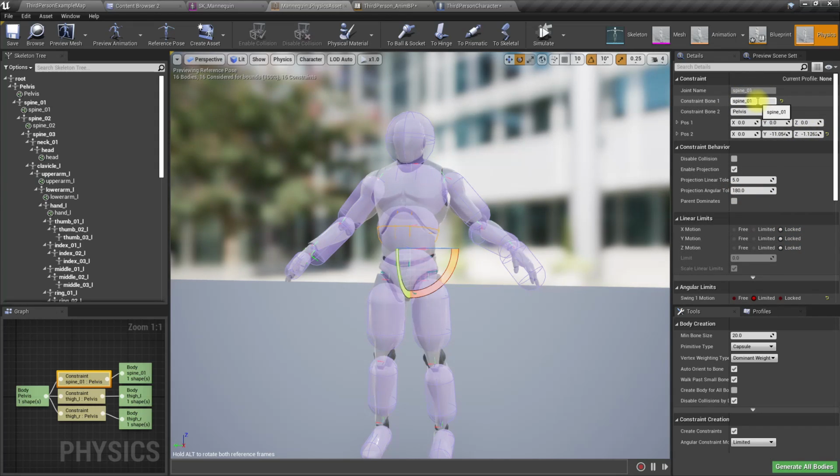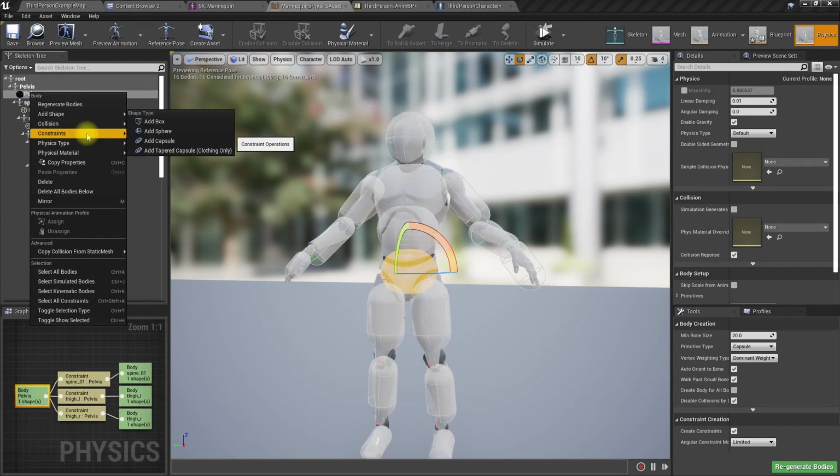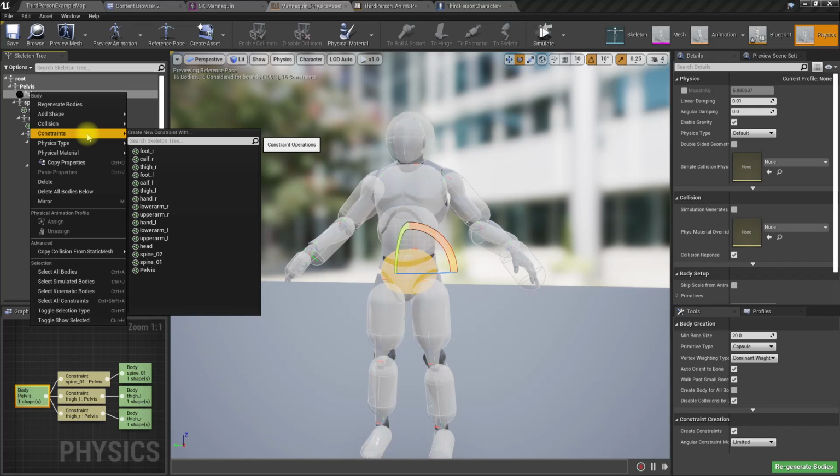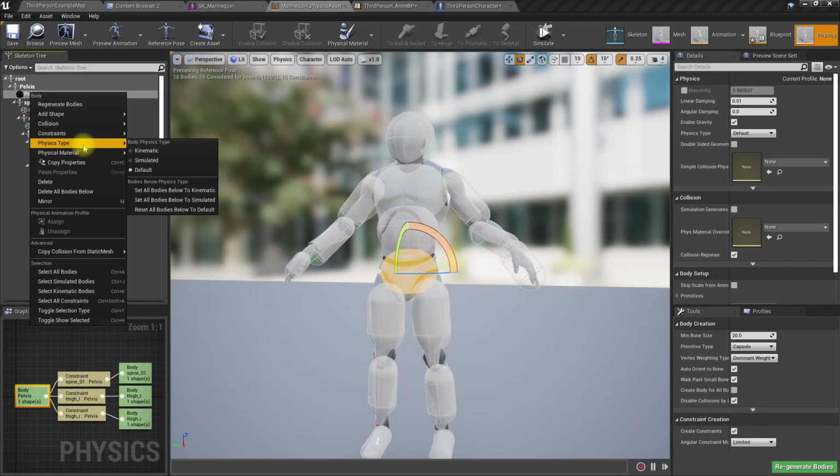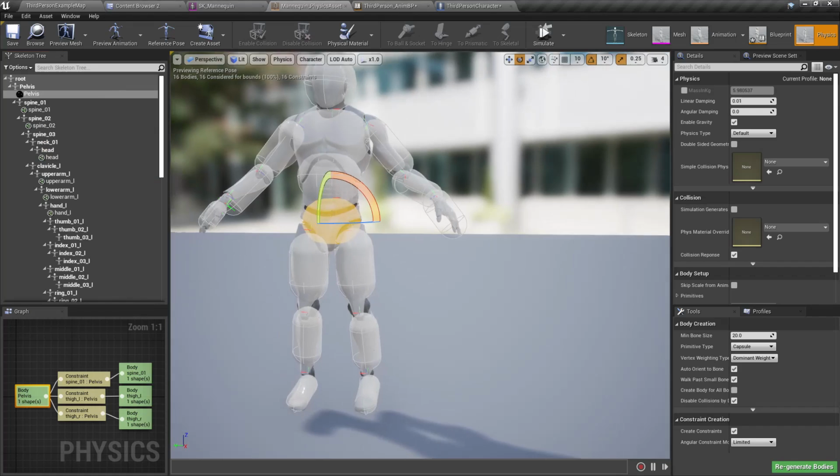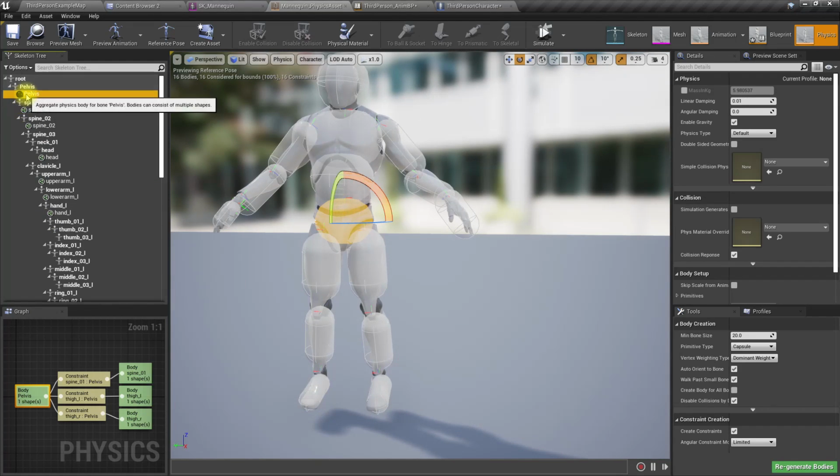Constraints only to spine 1. Can I add another constraint with the... oh no, we can't do it with the root.